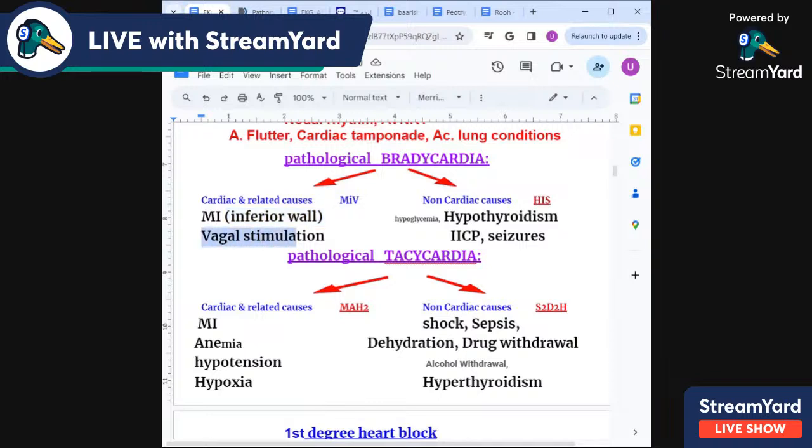And second is vagal stimulation, MV. And then amongst the non-cardiac causes, the mnemonic is HIS. H for hypothyroidism, that causes bradycardia. I for increased intracranial pressure, and S for seizure. So these are the non-cardiac causes of the pathological bradycardia. So cardiac causes are myocardial infarction, inferior MI, and vagal stimulation, and the non-cardiac causes are hypothyroidism, increased intracranial pressure,